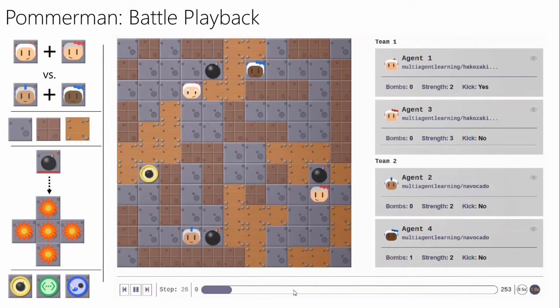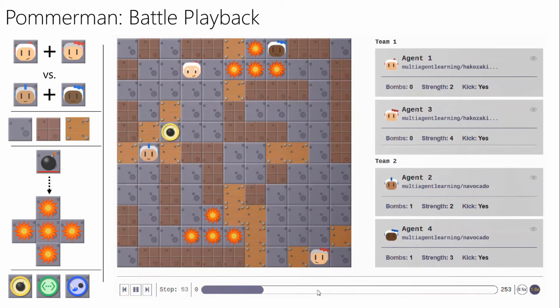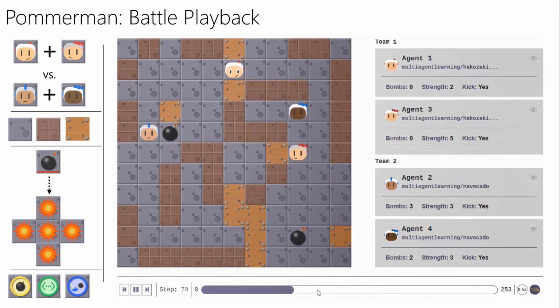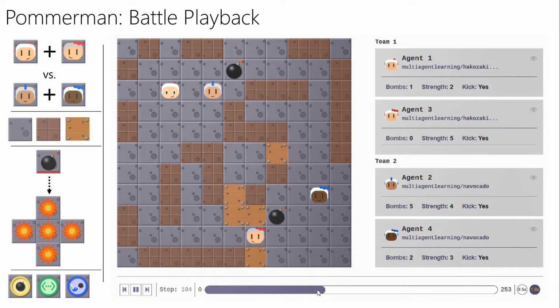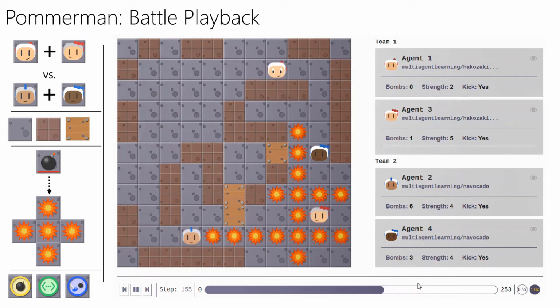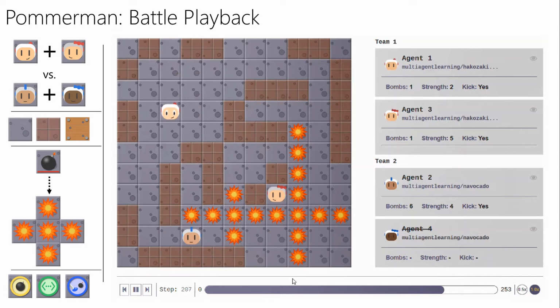The Pommerman game has an active research community of artificial intelligence developers who train their team of agents for annual competitions. The Docker containers of all agents participating in the competitions are available online. Hence, the Pommerman environment serves as a test bed for the researchers as they can evaluate their training approach by competing with other teams. In doing so, the researchers have trained agents that seem to exhibit complex behaviors.